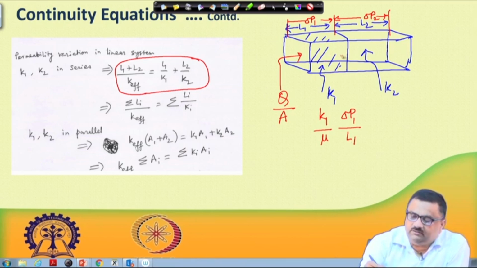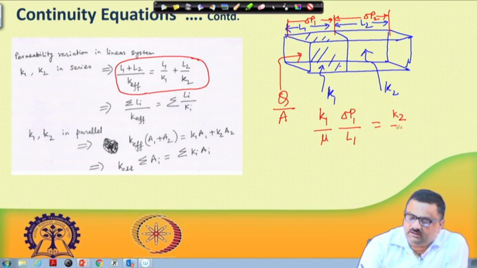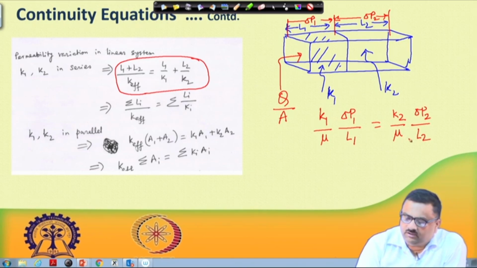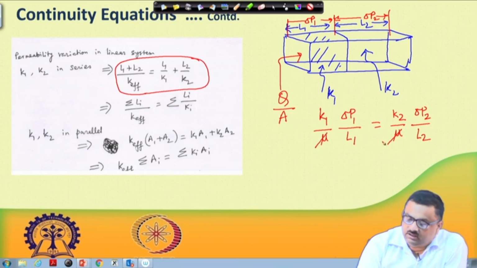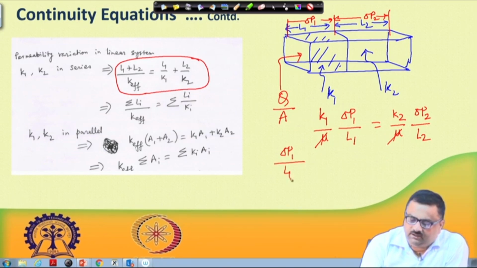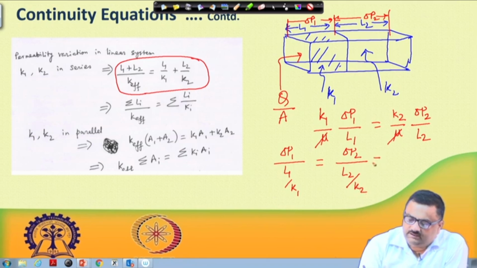And you can expect the same velocity to be valid for K2 by mu delta P2 by L2. I can first of all take out this mu, that is possible, and further I can write this as delta P1 by L1 by K1, that is equal to delta P2 by L2 by K2, and that is equal to